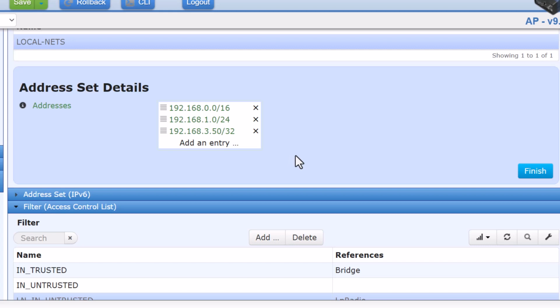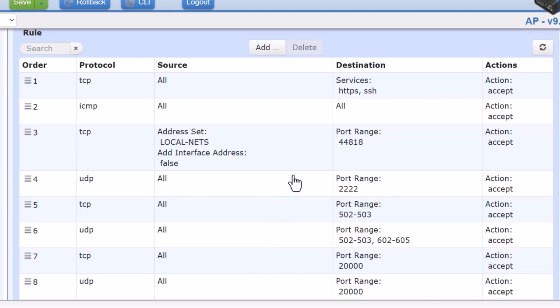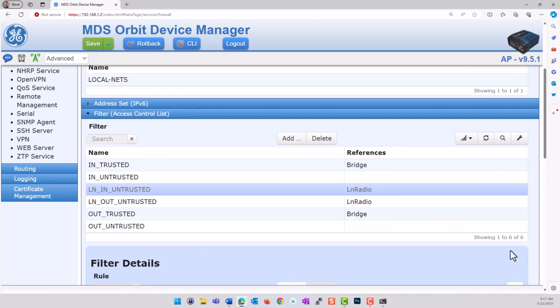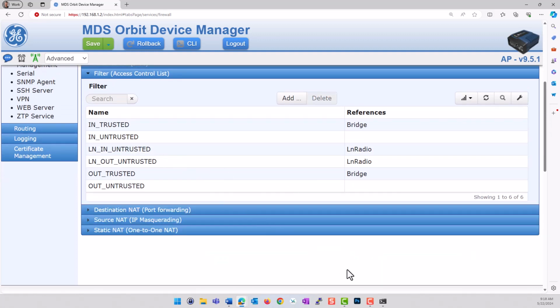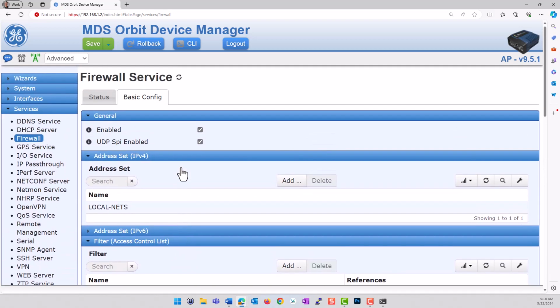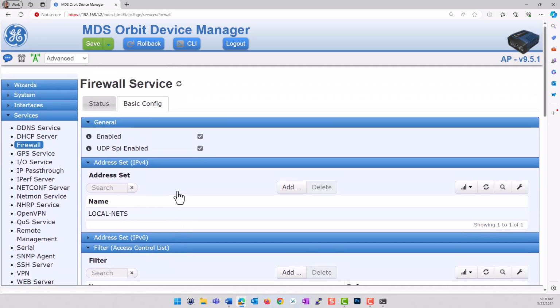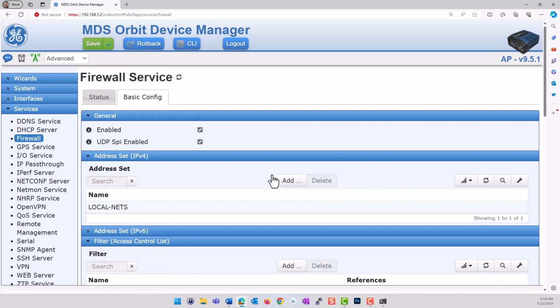So, address sets are very, very beneficial. They simplify policies. They're exceptionally good for cellular, where you're filtering public internet traffic and you want to add additional security for things like ping of death attacks, denial of service attacks, web management restrictions, things like that. So that's it. We've basically covered firewall policies, inbound, out untrusted, and how we apply those to the interfaces. So in this case, we are allowing Modbus traffic, Ethernet IP, DNP3 traffic on the radio. We're allowing everything on the bridge. And the idea here is that we allow unrestricted access locally on the Orbit's network and Ethernet ports. But when it's going out over the radio network, we are only allowing very specific